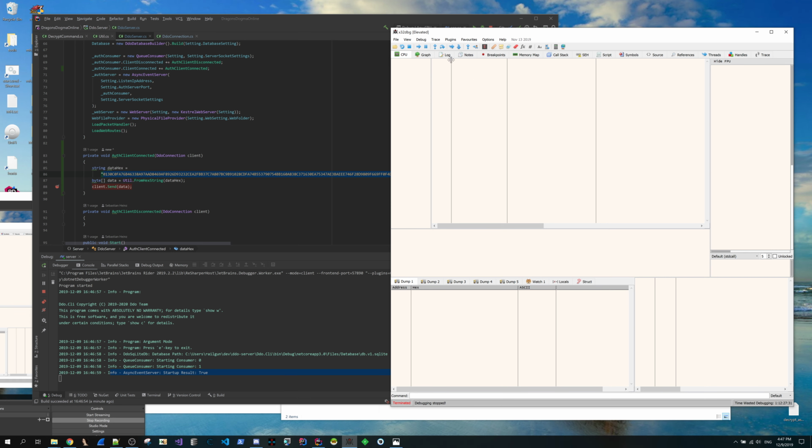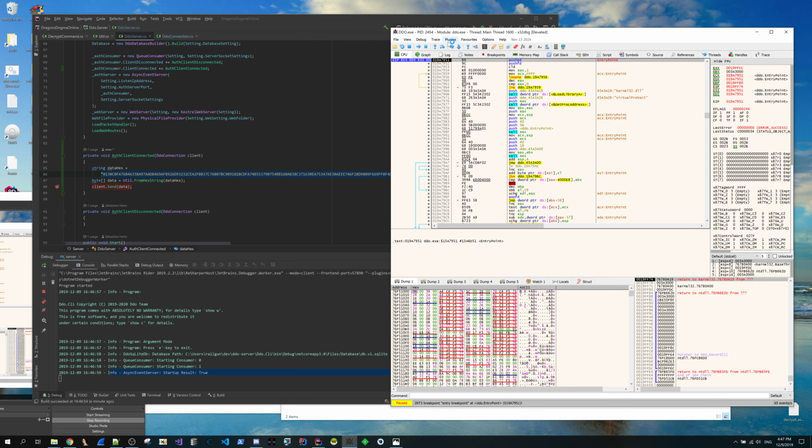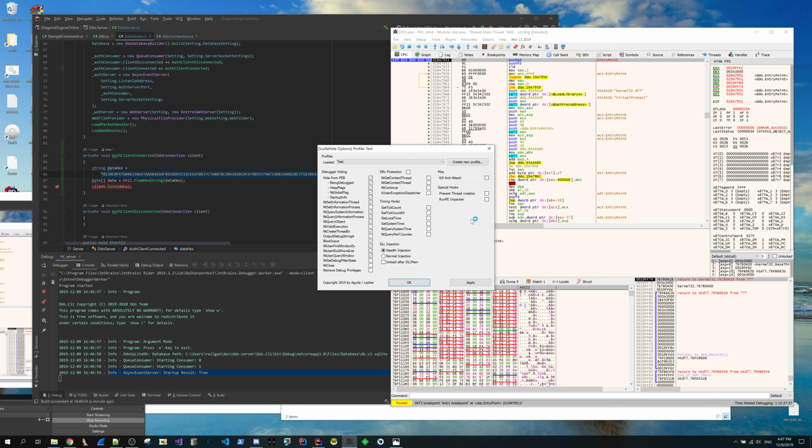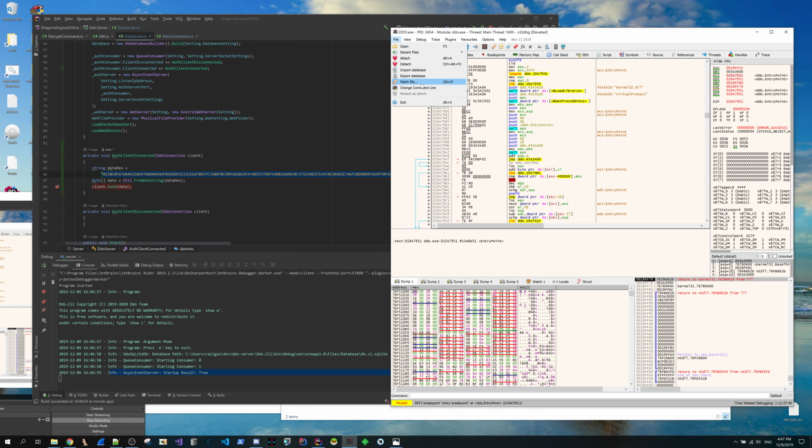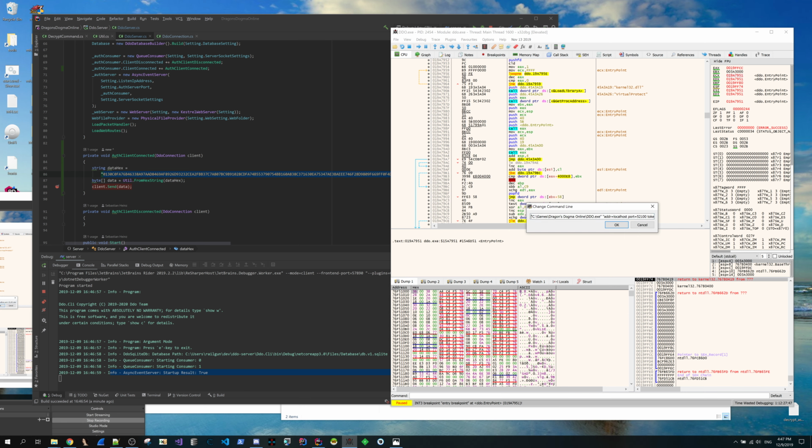We start the client. For the client, you want to have the scalar height plugin with the following options here. You can create a new profile and then tick the boxes just as they are ticked here. And then you also want to provide the command line arguments. You want to provide the local host for the address and the correct port. Token doesn't matter, and for download you want to be sure to provide this URL that will ensure you